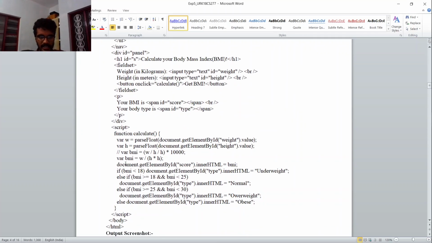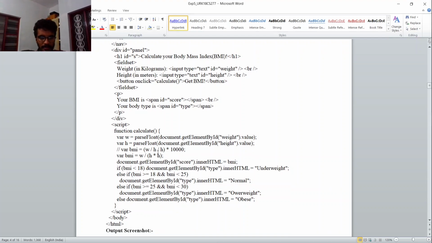So how the function calculateBMI is going to work: variable W for weight and variable H for height, getting the element's weight and height values. The calculation is W divided by H into 10,000, so variable BMI is W divided by H into H. Then document.getElementById score innerHTML is BMI. If BMI is less than 18, document.getElementById type innerHTML is underweight.